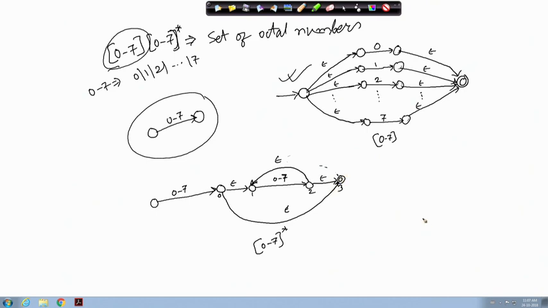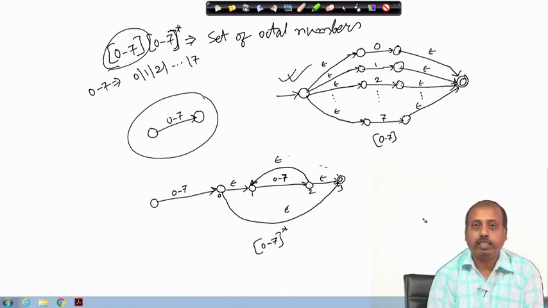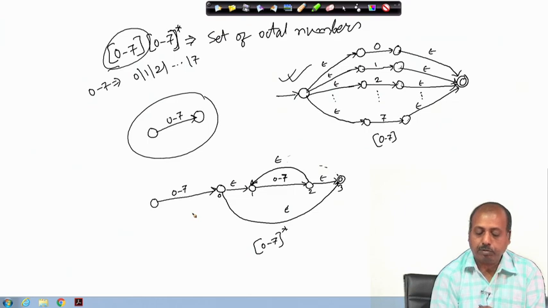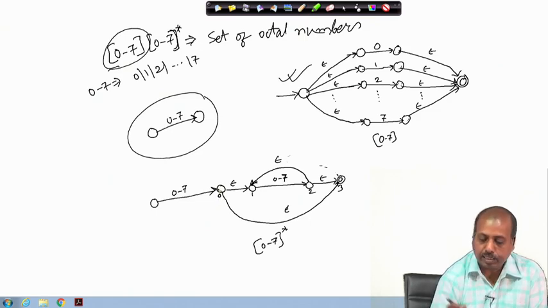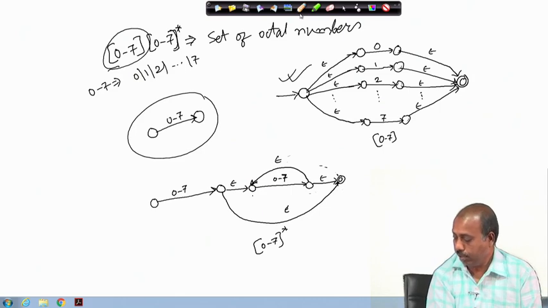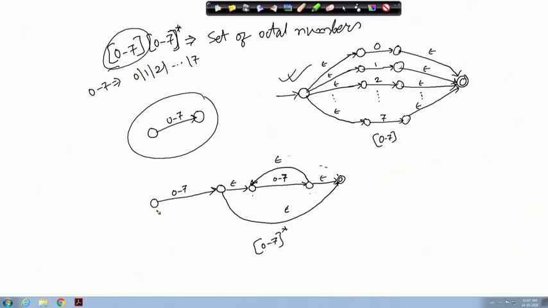Now, if we want to construct the corresponding DFA, then we have to convert this NFA to DFA by clubbing the states as we did previously. So, let us renumber the states for this clubbing purpose. Let us say that the states are numbered as: this is 1, this state is 2, this is 3, this is 4 and this is 5.